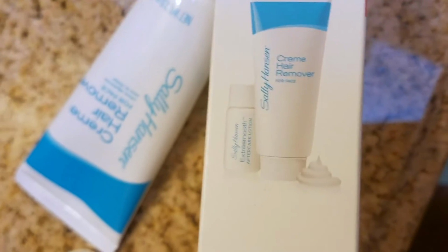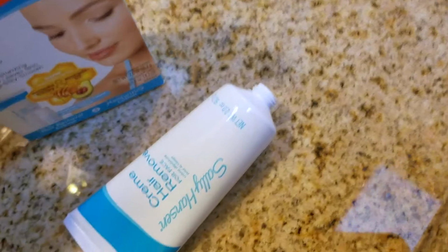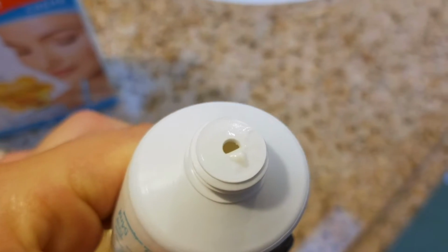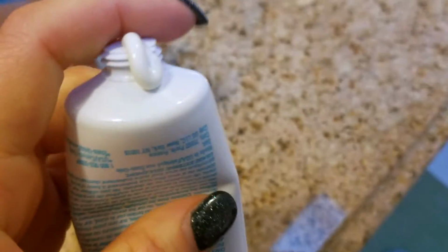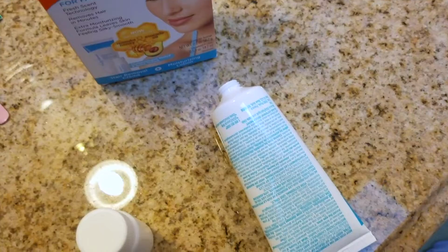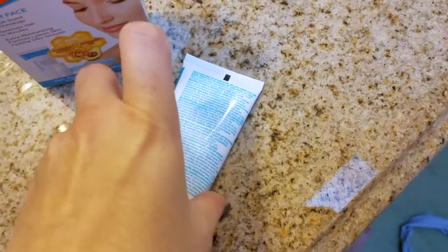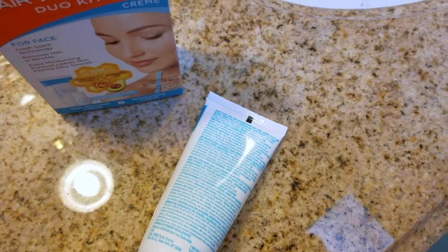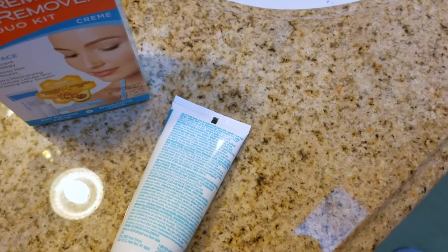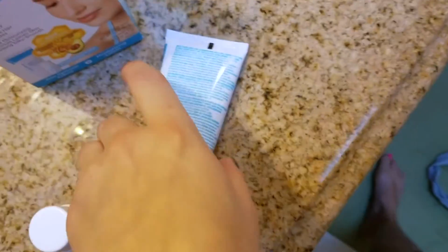2 easy steps, the cream hair remover, and then the extra smooth aftercare lotion. So it just basically is like a squeeze tube. I'll squeeze them out so you guys can see. That's the consistency of it. Give it a little shake before you start using it because mine happened to come out extremely watery, and I had to put like 2 coats on, if that makes sense. It was just too watery. I don't know why it was that way, but yeah, so just make sure you give it a little shake